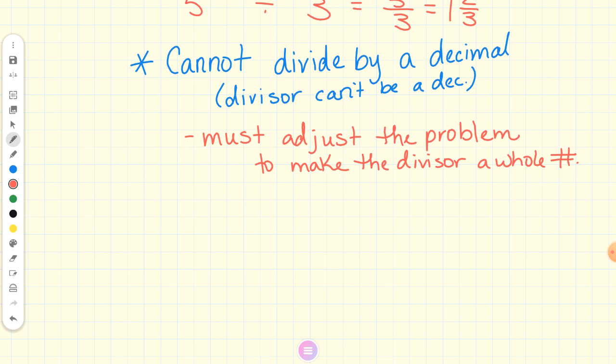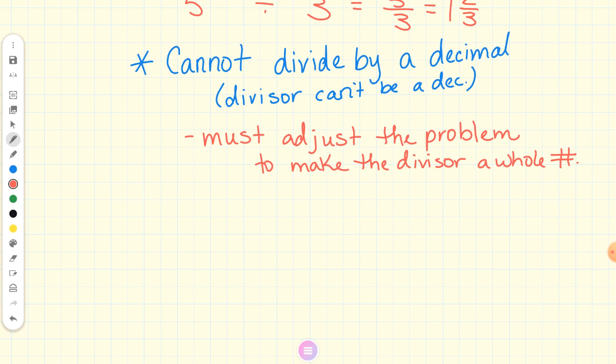If you remember that, everything else is the same as long division, okay? Just have to know what to do with the decimal point, which is what we're going to practice in just a second. So now, on your piece of loose leaf,